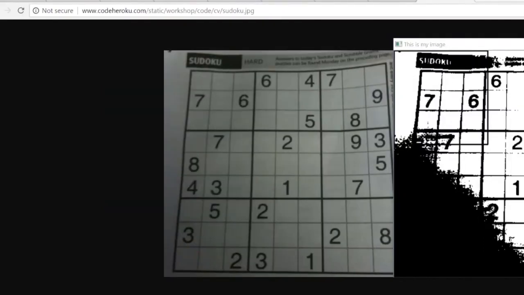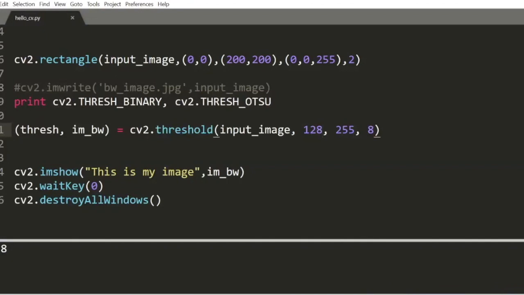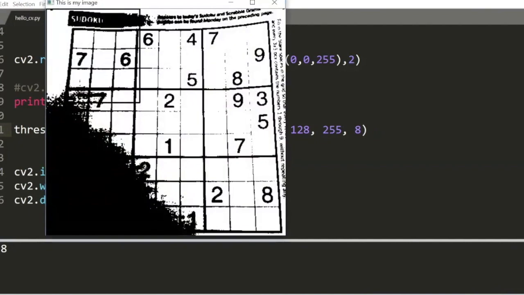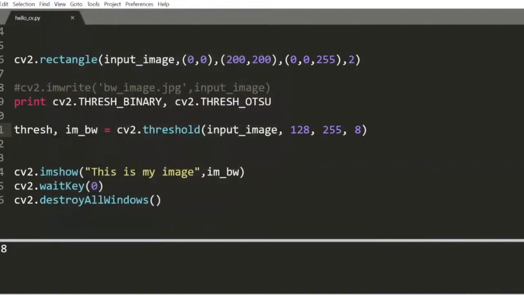The question is, why do we need to explicitly unpack the threshold? The way this threshold function works is it returns two values. So you don't need to have these brackets, I'm assuming. Let me check if this works as well. And as you see, you don't need to have those brackets. What we are saying is this returns two values. The first one is the threshold which it is using, and the second one is the image. That's why we have two values over here. The way this function is written is it returns two values.